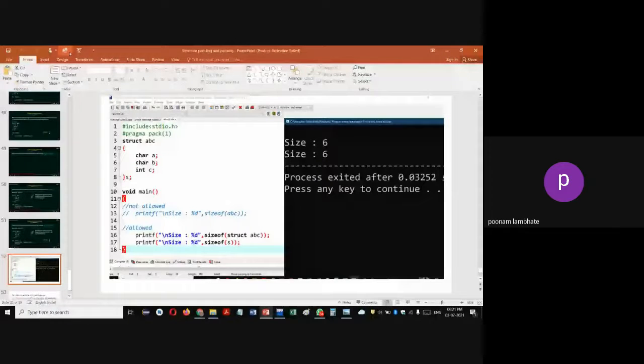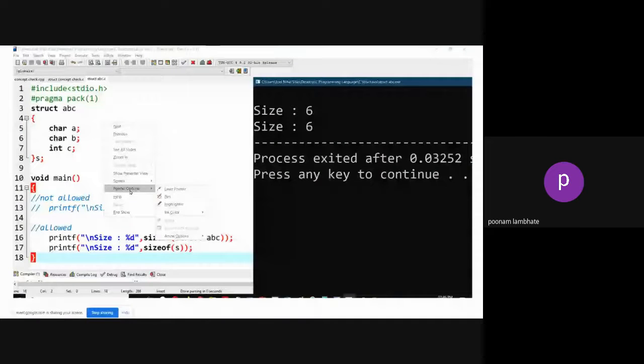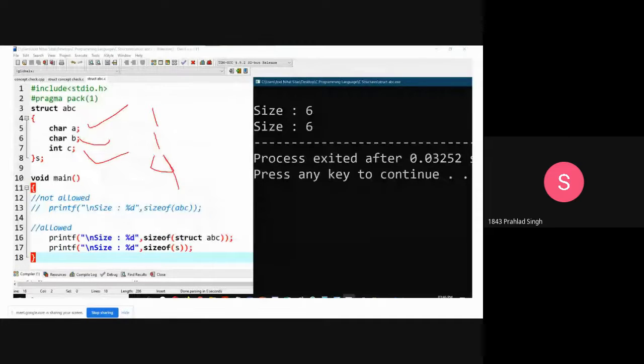So as I had said, you have a char and you have an int. So 1 byte, 1 byte, and 4 bytes. So what I want to say is, without disabling padding,